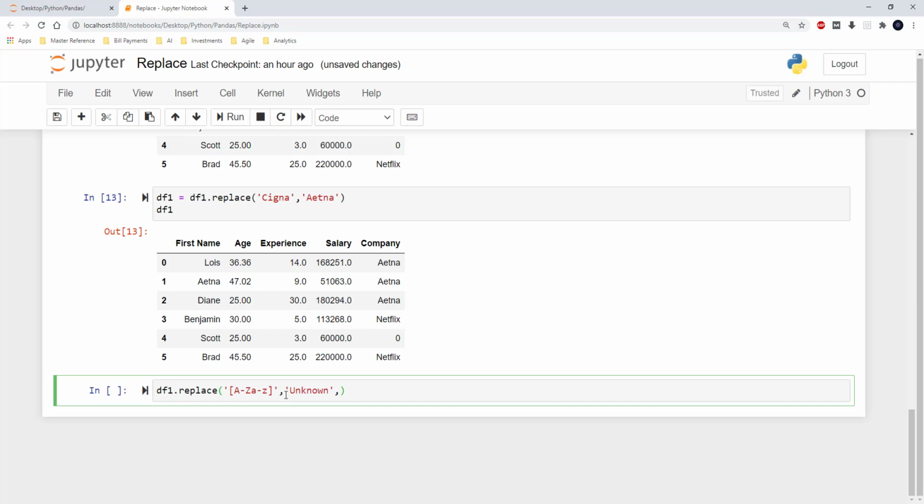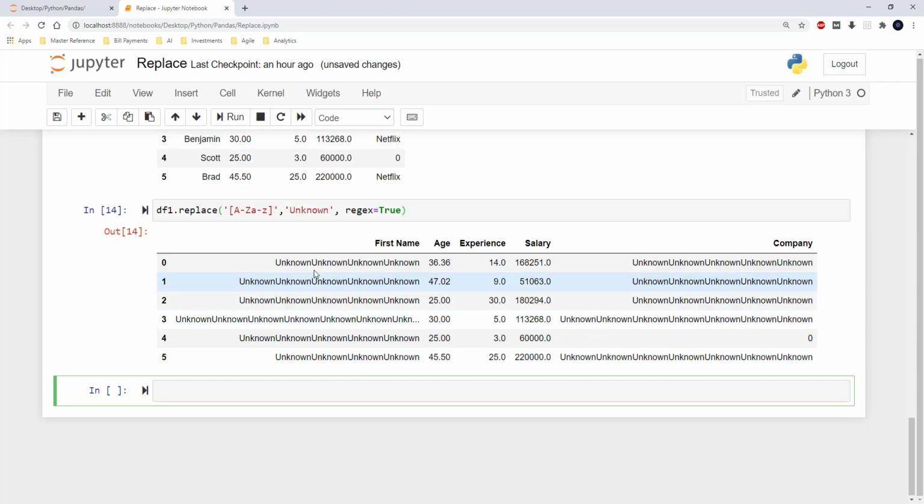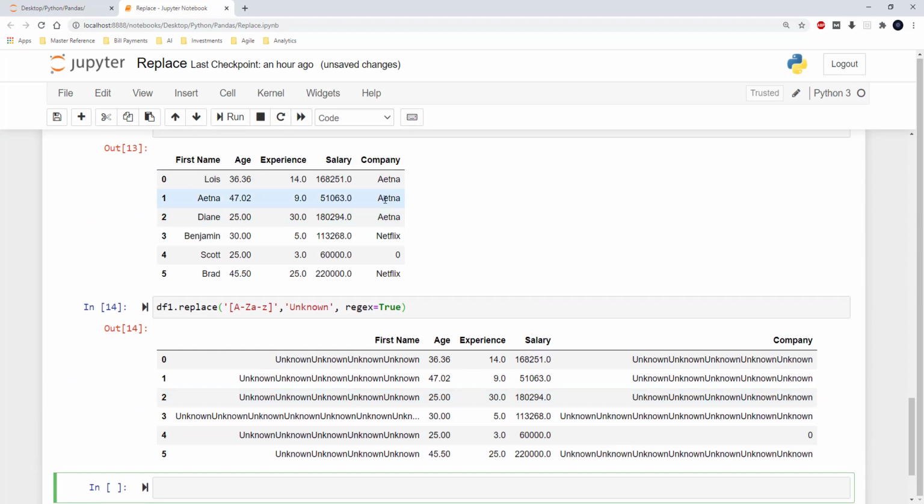And because this is a regex, I just wanted to indicate it using regex equal to true. So now when I run this, what happens is everything is replaced with unknown, right? So every single alphabet is replaced with unknown.